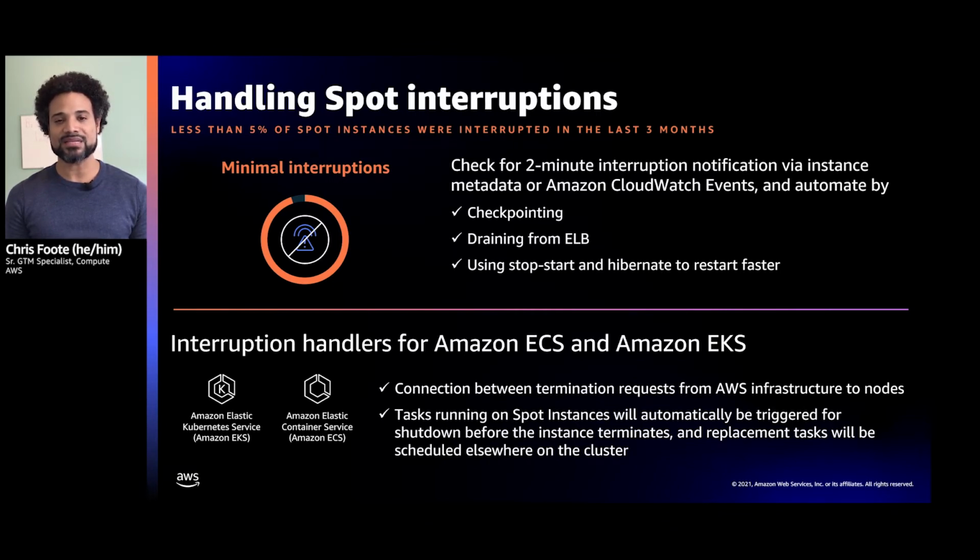And that response is going to depend on the workload or that application. For example, let's say you have an HPC application and you see a spot interruption notification. You can automate a response to checkpoint that work, so you can save that work, and that way you can resume once spot capacity is available again, or once it's replenished by the auto scaling group.